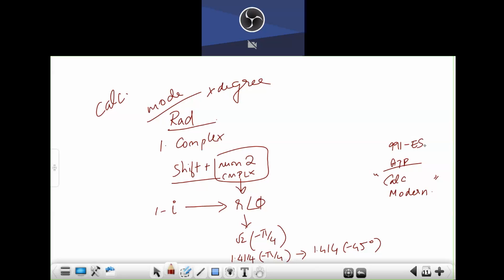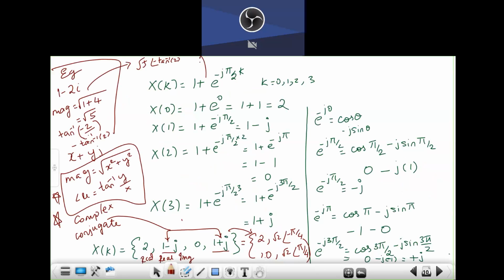Okay. All right. So I've almost told you everything regarding how you need to solve. Here, in this previous problem, this exponential term is called the twiddle factor. How to write this and how to extract things from it, we'll see in the next class. Okay, fine, then we'll end the meeting. I think it's time for your next class.